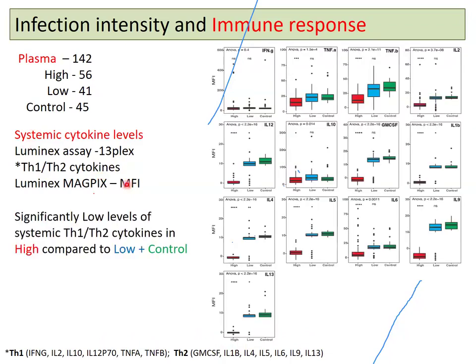So what did we observe? Starting off with interferon gamma, we saw no differences in the cytokine levels between the high, low, and the controls. But when we looked at several of the other cytokines, be it Th1 or Th2, we found a really significant difference between the high infection intensity samples as compared to the low and the control samples. High is here in red, the blue are the low infection intensity samples, and the green are the control samples. We really saw a huge, significant difference. For IL-10, there wasn't a significant difference. For GM-CSF, interleukin-1, IL-9, IL-6, IL-5, IL-4, and IL-13, we saw a really huge, significant difference between